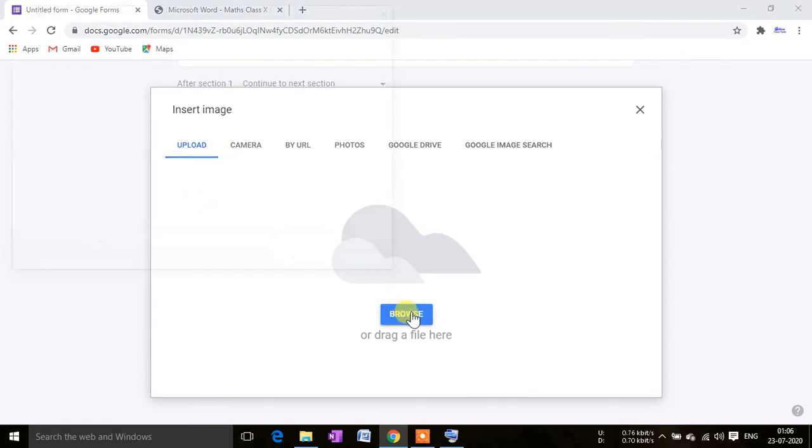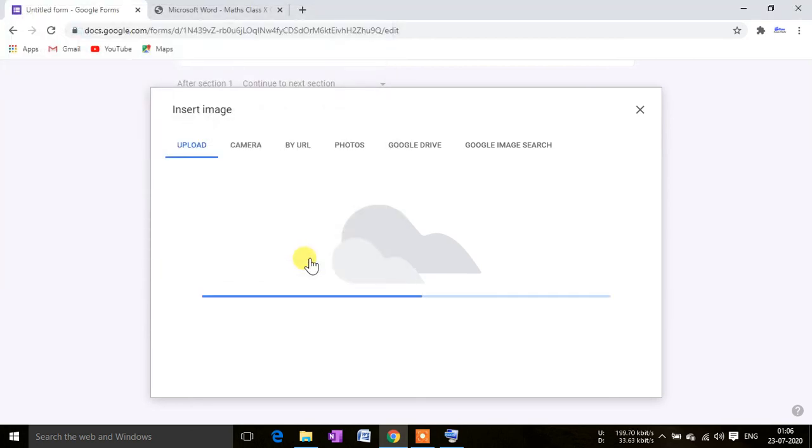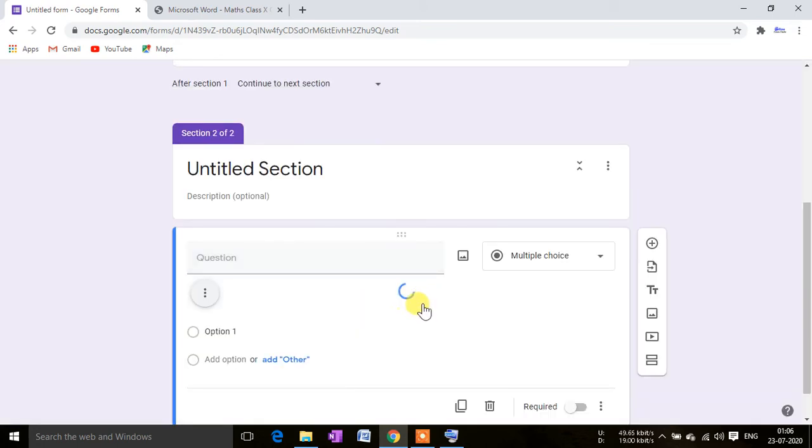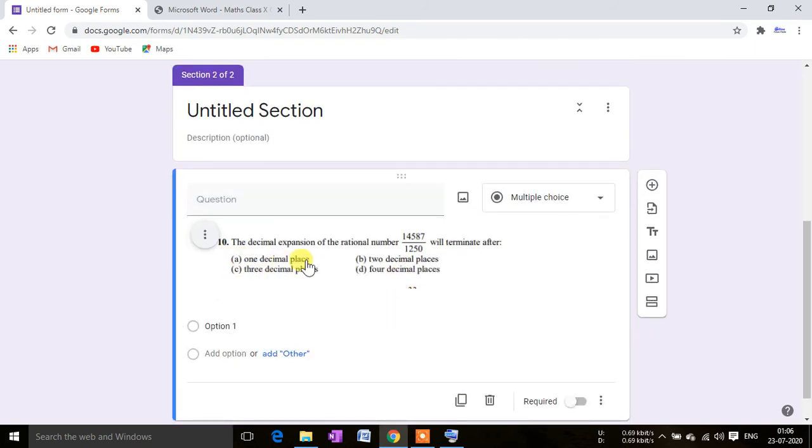For example, I am just going to create a quiz, and here are some questions. This is the first question. I just took this question, and it will take some time, but it will be less than typing the question. And here you can see the question is well written. Here the number 10 you may eliminate by just cropping it. I have not eliminated it, just to show you the questions. You can eliminate 10 here.